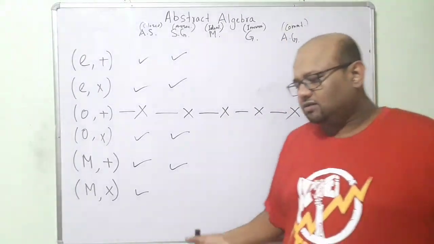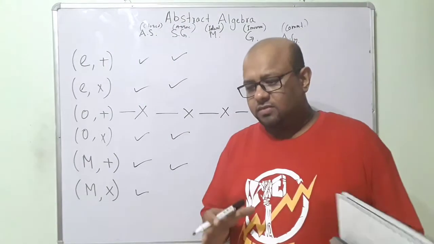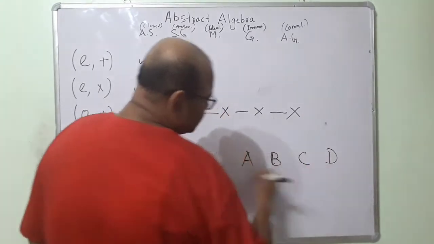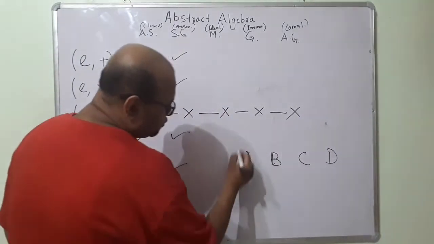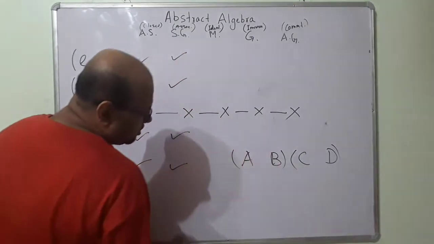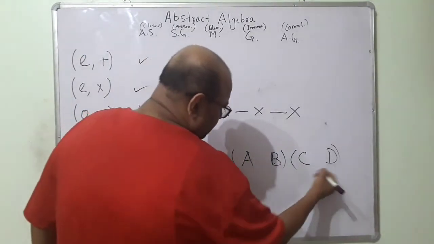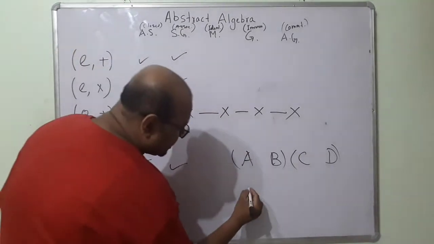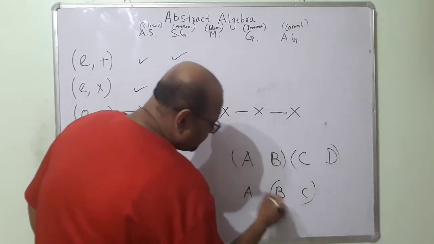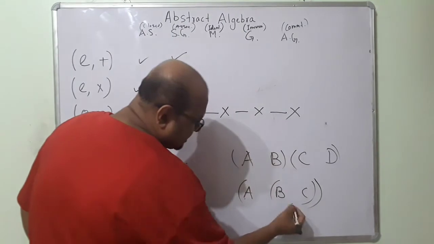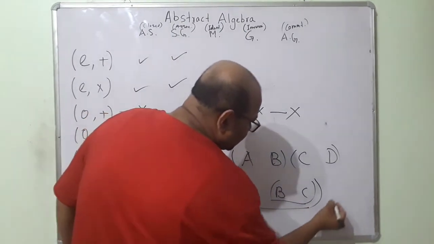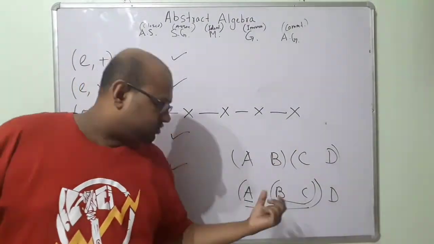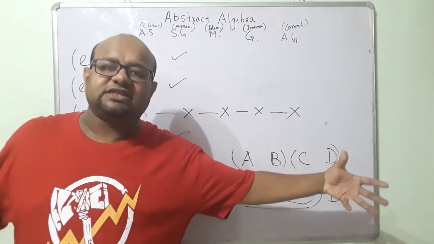In fact, how do we do this association? Say I am multiplying several matrices. I can multiply these two first, and then the result I can multiply with this to get the result. Or I can do A, B, C. I can multiply these two first, then multiply with this, and that result I can multiply with this. So all these choices that I make, how to multiply several matrices.